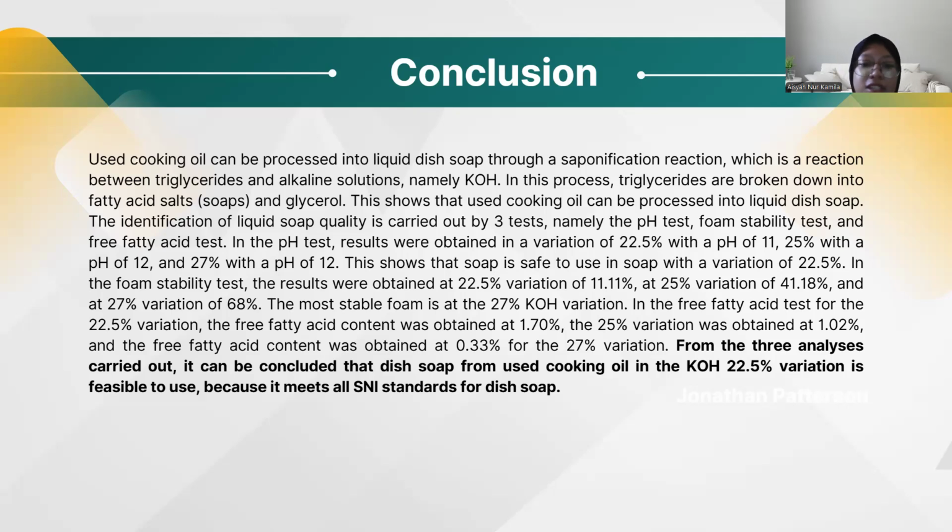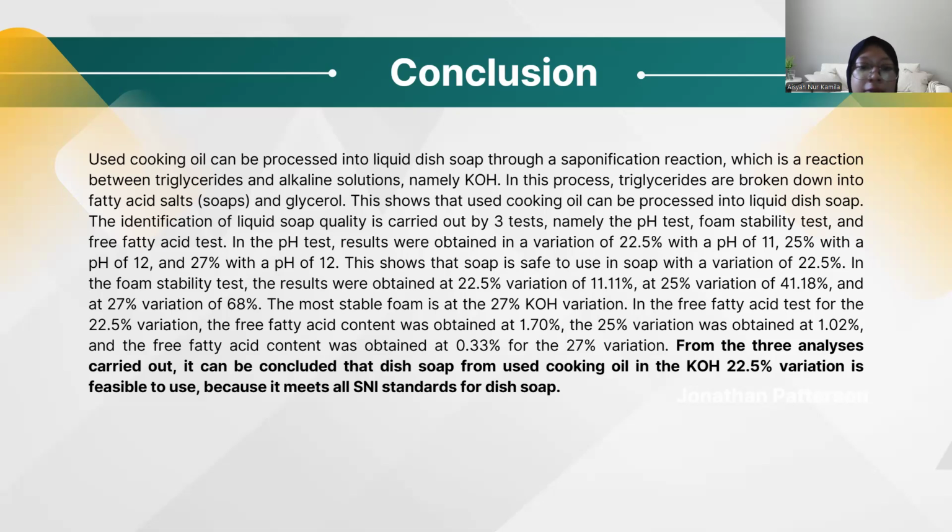The identification of liquid soap quality is carried out by 3 tests named the pH test, foam stability test, and free fatty acid test. In the pH test, results were obtained in a variation of 22.5% with a pH of 11, 25% with a pH of 12, and 27% with a pH of 12. This shows that soap is a safe-to-use soap with a variation of